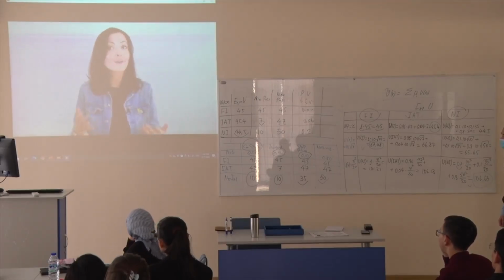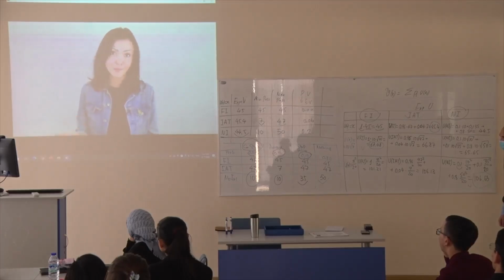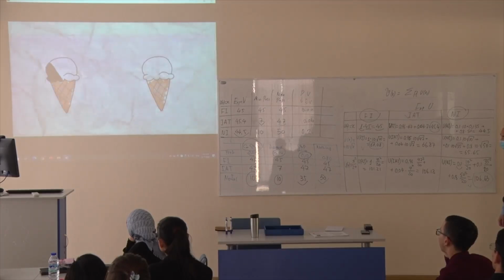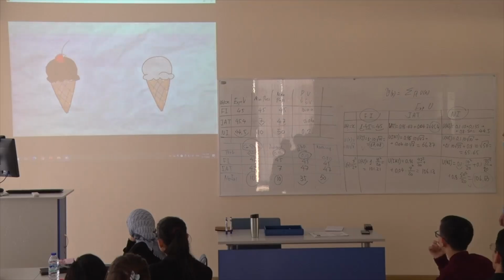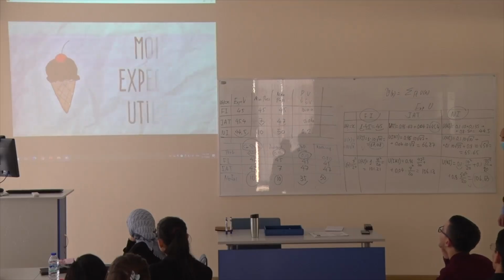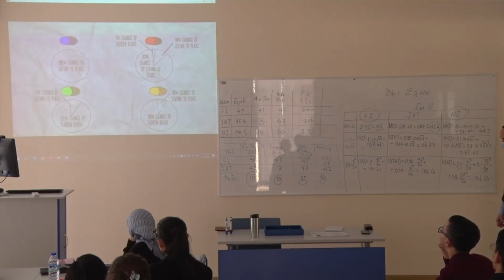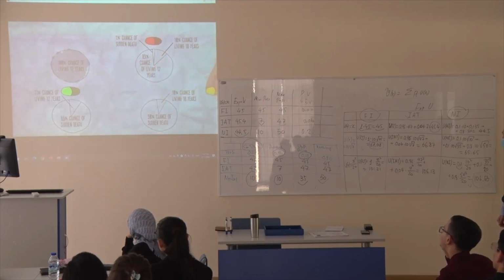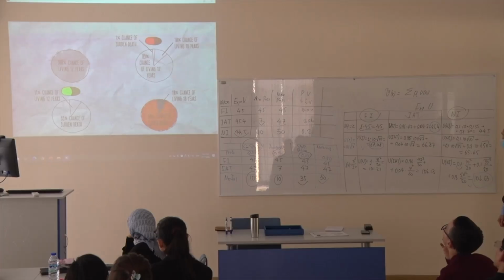Behavioral economists think we make decisions based on something called expected utility. It's how much we expect that something will satisfy our wants and needs. If you like chocolate ice cream more than vanilla, you'll feel more satisfied if you choose chocolate. So for you, chocolate ice cream has more expected utility. Studies show that in the previous question, most people choose the blue pill in the first scenario, giving them a guarantee of living another 12 years, and the yellow pill in the second scenario, giving them a 10% chance of living another 18 years and a 90% chance of death.